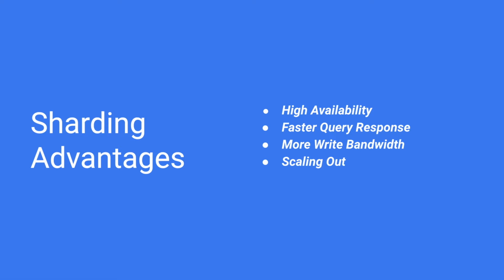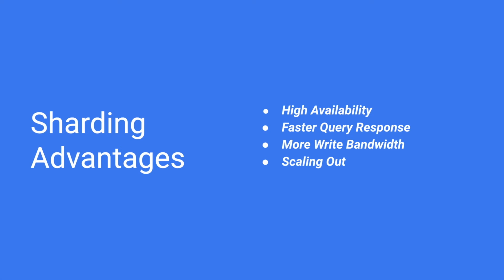Next is faster query response. Of course, because this database is now divided across multiple machines or physical shards, they'll have their own processing power and memory. That means a query, when compared to running the same query on the same database as a monolith, will be faster when it runs on a shard. If this database is divided into 5 shards, it only needs to go through 20% of the data, plus we'll of course have some sort of optimization in terms of indexing, etc., which will make it even faster.